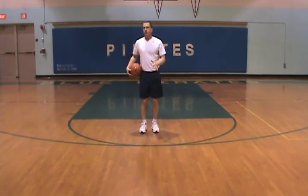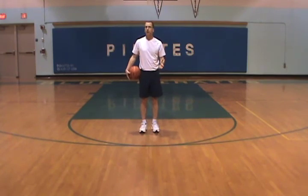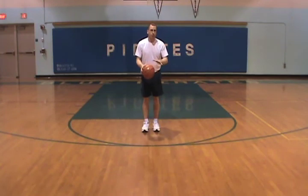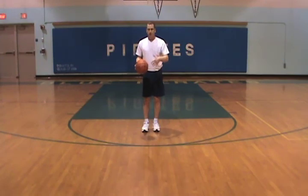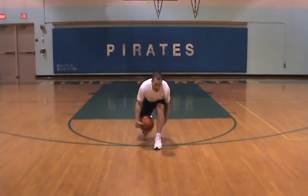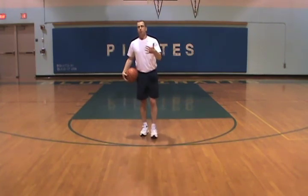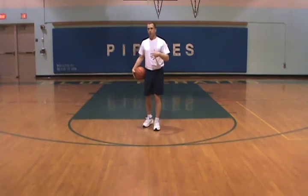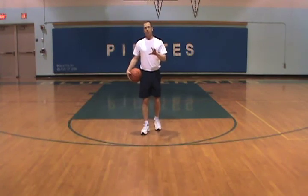Will first and second graders be able to do that? Probably not. But you'd be surprised if you incorporate these kinds of drills and maybe just show them a new drill every week. You might be surprised how quickly they pick things up, especially if they know that you know what you're doing and you've seen these videos or tried it at home yourself and you've done some practice with it. It just adds more legitimacy to your teaching,